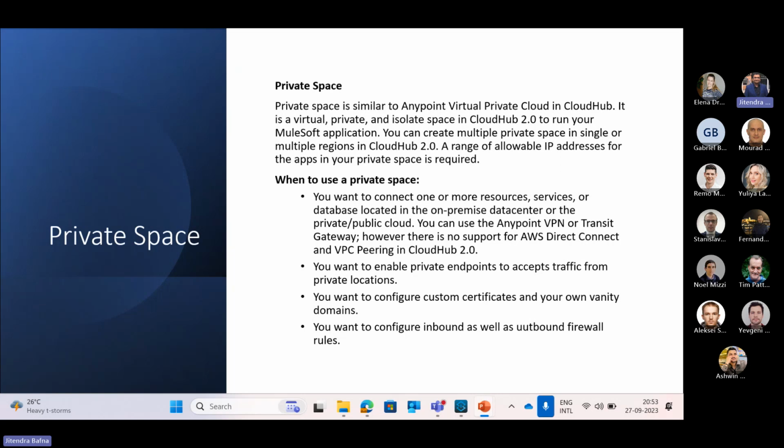So when to use the private space? Whenever you want to connect your on-premises resources, corporate resources, or any resources behind the firewall, you have to go with a private space, because a private space provides the capability of creating a virtual private network or a transit gateway. But a private space doesn't support AWS Direct Connect and VPC peering, as CloudHub 1.0 does. CloudHub 1.0 supports VPN, transit gateway, AWS Direct Connect, and VPC peering. So there we have four network connectivity options, but here we have two,